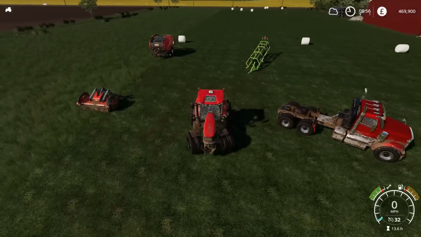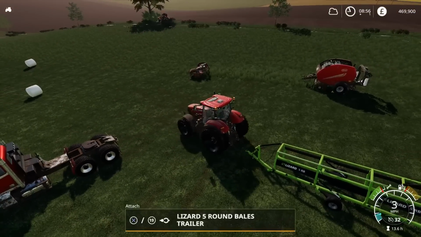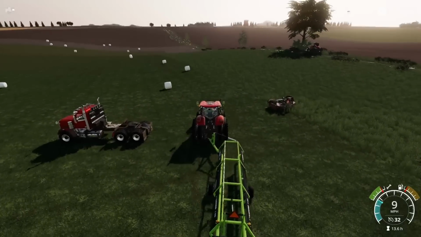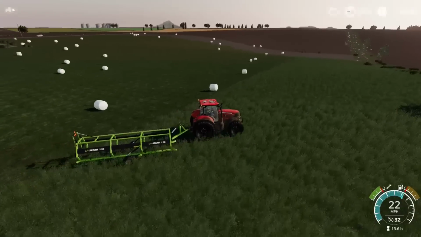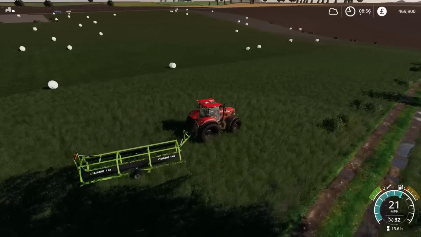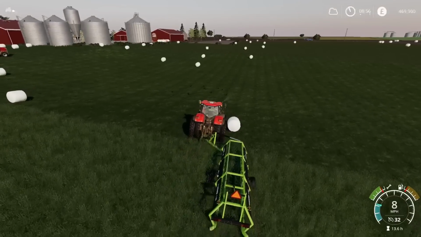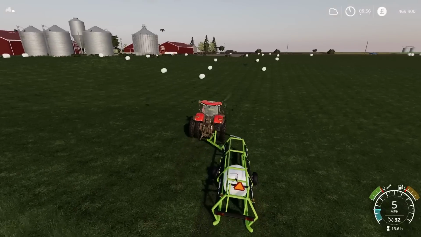I'm really hoping this works, because I recall the wheels and stuff bouncing up and it being a bit of a nightmare last time. But so if we unfold it like that, brings it right the way out, and what should happen is we lower it down, and when we come up on the bales, please work. Bale runs through to the back like so,